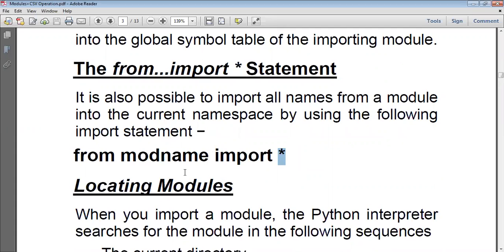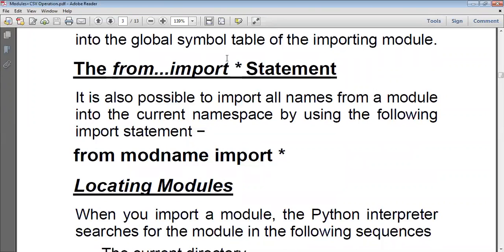So either you can use just import module name, or from module name import star. Either of these two you can use for loading the entire module. This will also load the entire module.